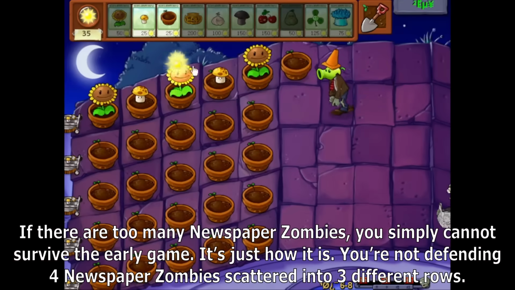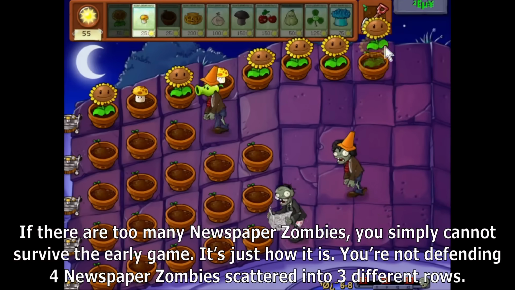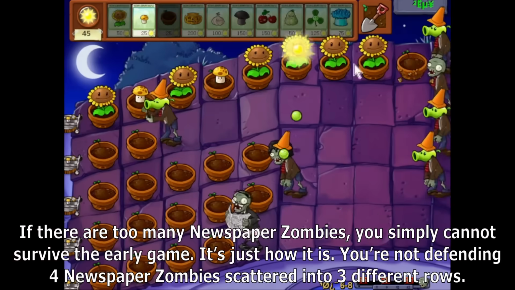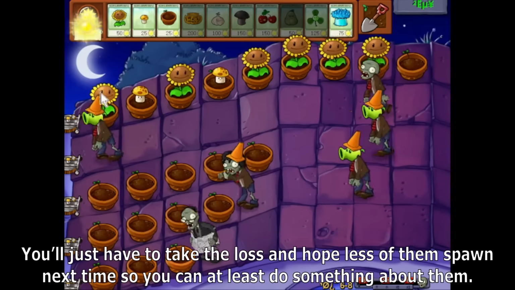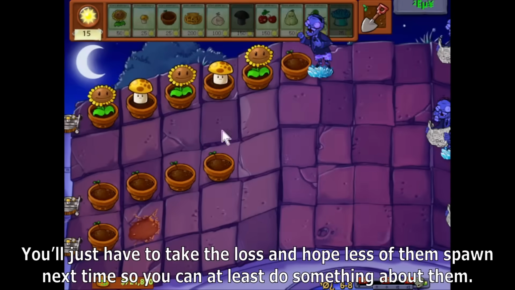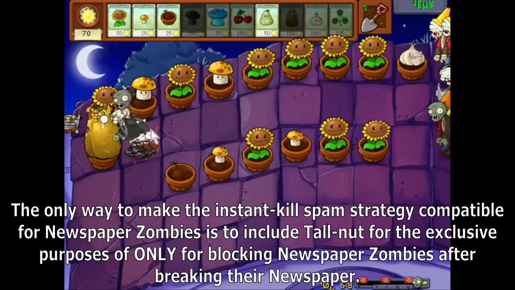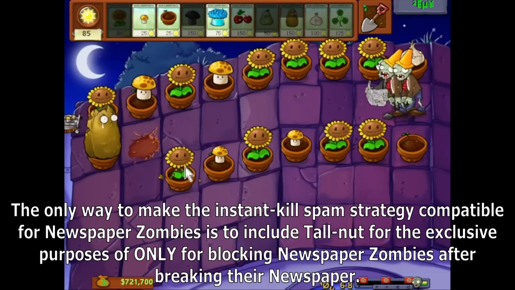Oh my god! Oh jeez, oh my god! If there are too many newspaper zombies, you simply cannot survive the early game. It's just how it is. You're not defending 4 newspaper zombies scattered into 3 different rows. You'll just have to take the loss and hope less of them spawn next time so you can at least do something about them. The only way to make the instant kill spam strategy compatible for newspaper zombies is to